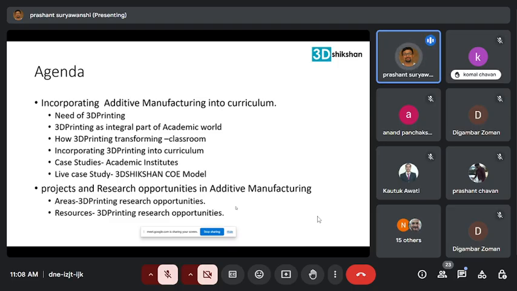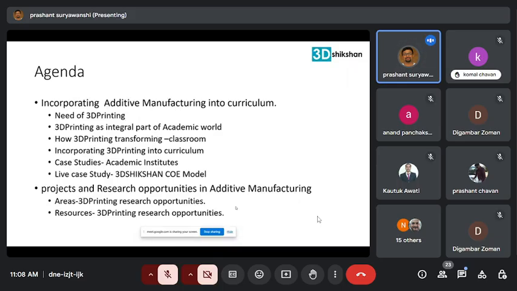Other speakers may have covered bits and pieces, but that was maybe industry applications. Today is all about academia and the classrooms, and how 3D printing is helping. We are also going to see case studies, of global as well as some local academic institutes and how they are doing research, and also our 3D Shikshan COE model, which is our live case study.